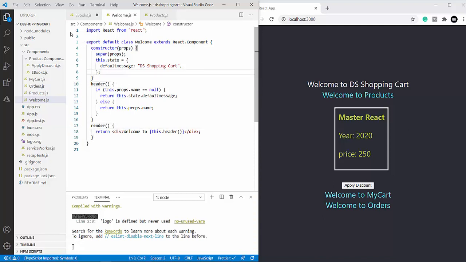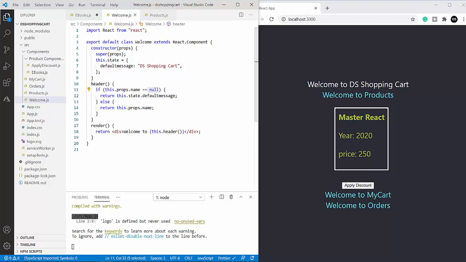So welcome.js is a component, and in this component we have a constructor and then a render method. The rendering of this default message has been put under logic with the help of this function. It is a simple function. If there is a props.name passed along with this component, then it displays this name. Otherwise, if it is null, it goes with the default message.